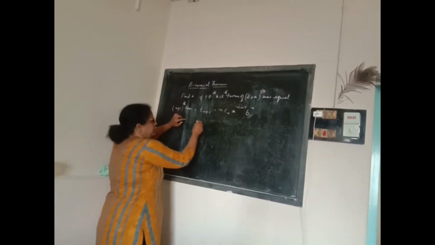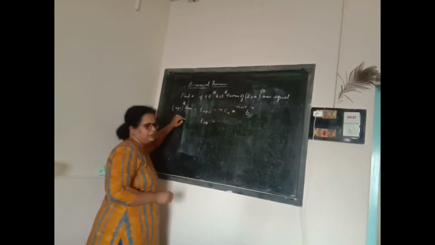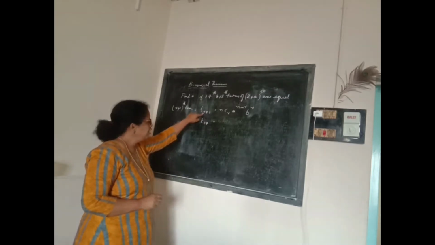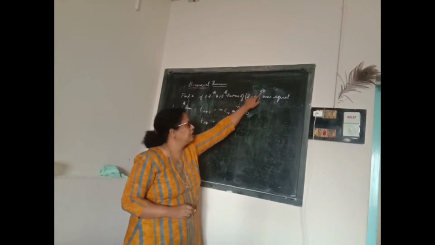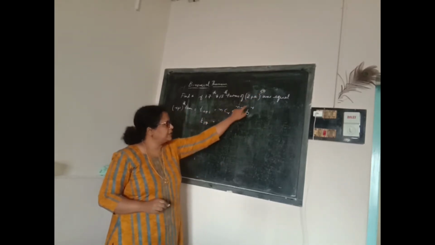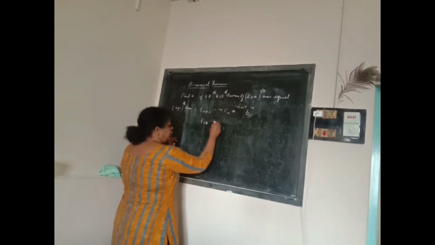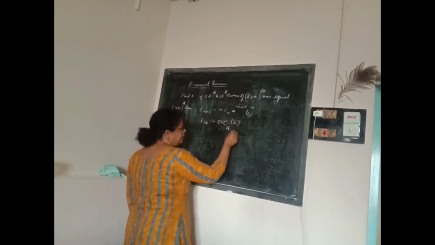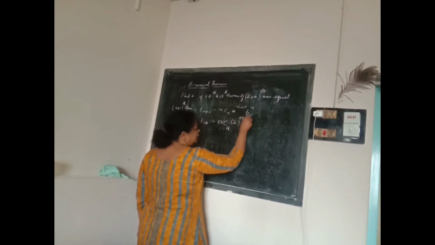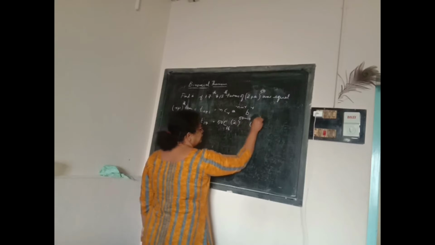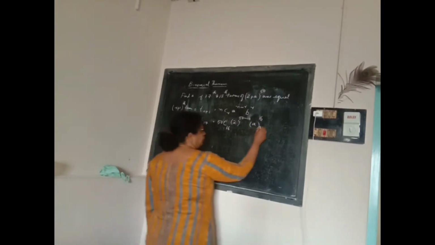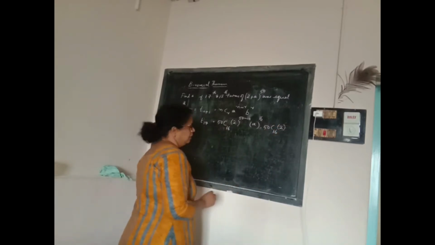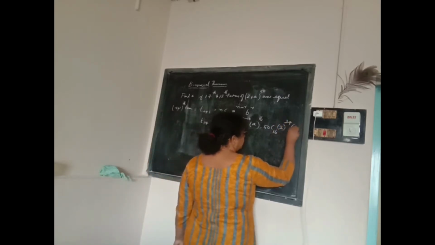Using this, let us write the 17th term. T17 means we substitute r = 16. In (a + b) raised to n, n is 50, the first term is 2, and the second term is a. Substituting, n is 50, r is 16, so 2 raised to 50 minus 16, then a raised to 16. Simplifying, it is 50C16, 2 raised to 34, a raised to 16.